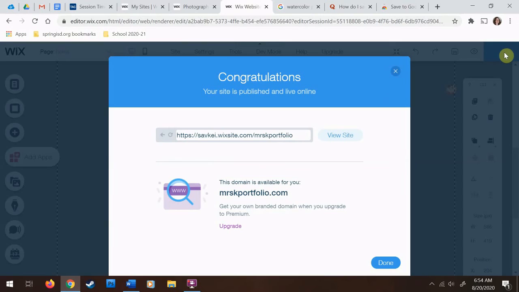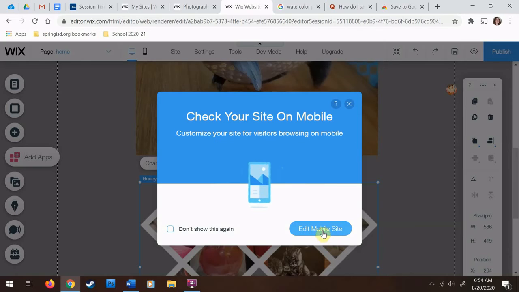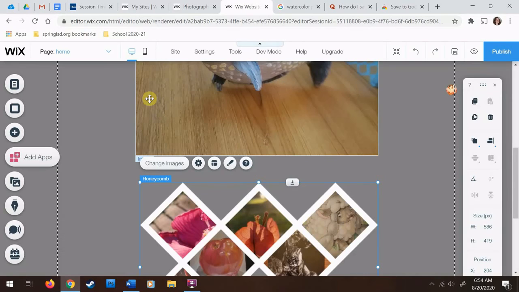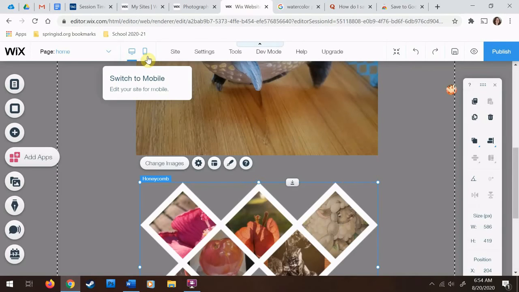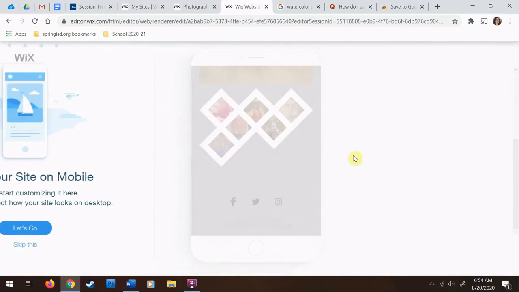Once I publish it, it goes online. So that means now I can share it with everybody that I want to, preferably just friends and family so you guys stay safe online. I hit done, and you guys can even tinker with it to make sure that it looks really nice on mobile. They actually more or less transform pretty well on mobile by themselves, so you don't have to tinker with them too much. If you guys would like to see them as a mobile site exactly how they should be,